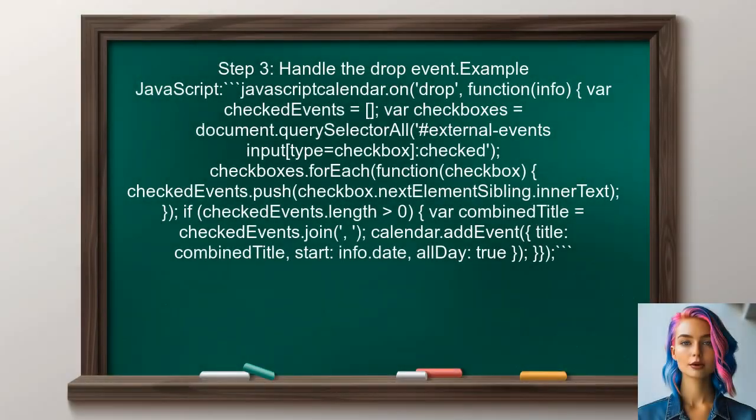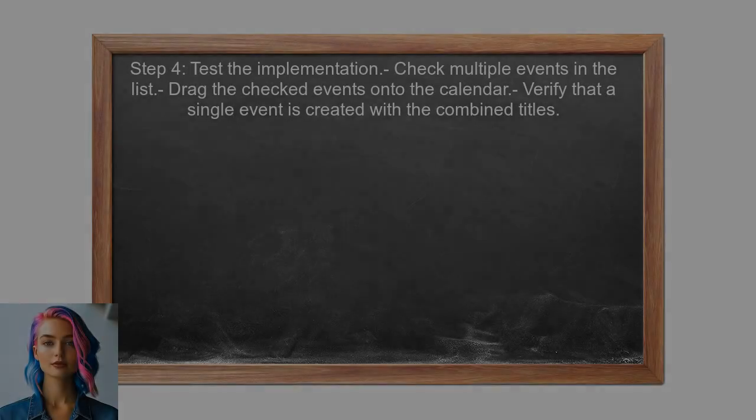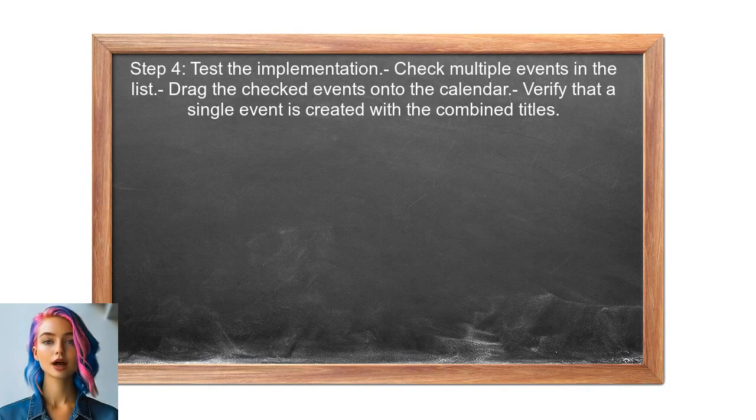Now the user needs to handle the drop event on the calendar. When the user drops the checked external events, the code should combine them into a single event. Finally, the user should test the implementation. They can do this by checking multiple events and dragging them onto the calendar to see if they are combined